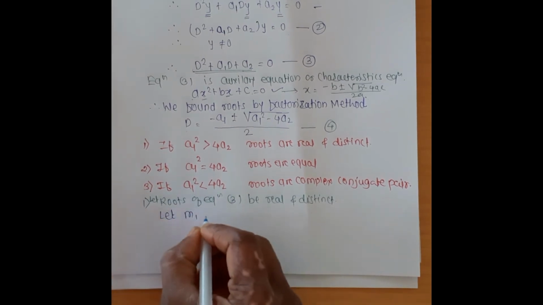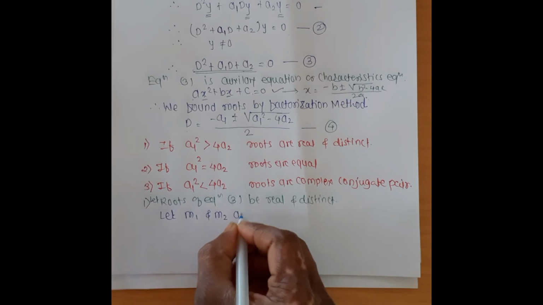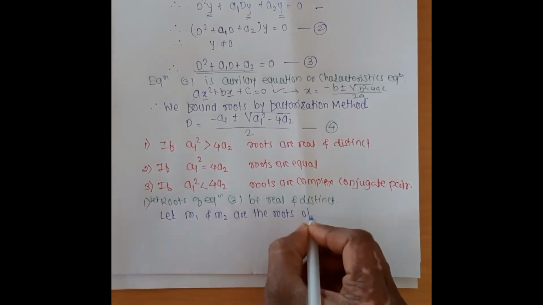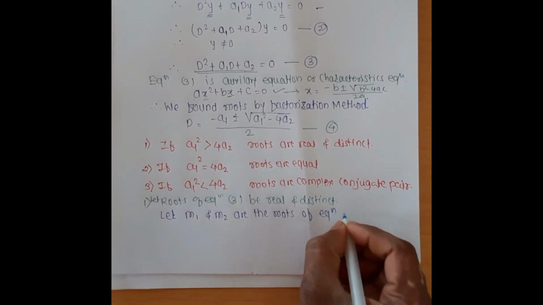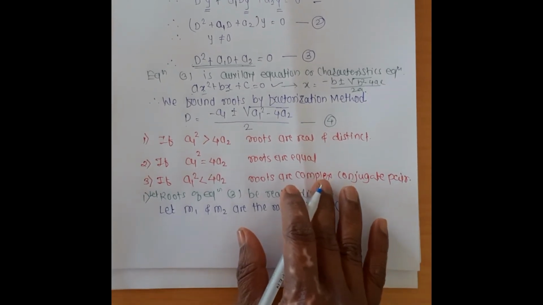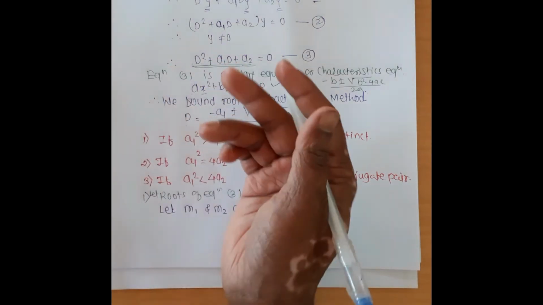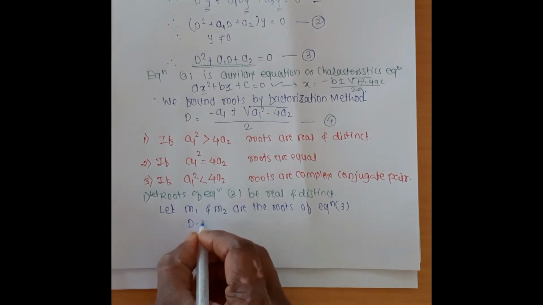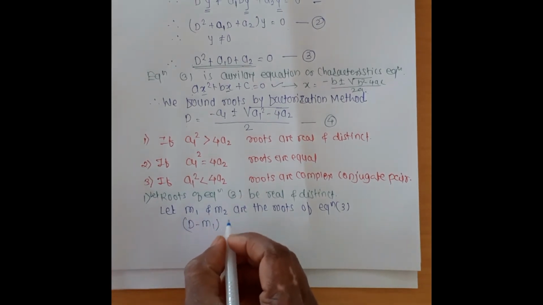Let m1 and m2 be the roots of equation 3. It means it has some value. If you solve these equations by the factorization method, we get two types of equations and two values of that equation. So (D minus m1) and (D minus m2)